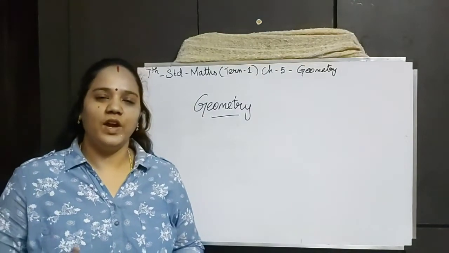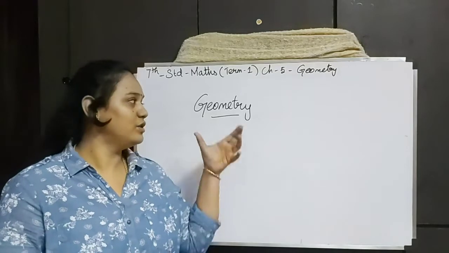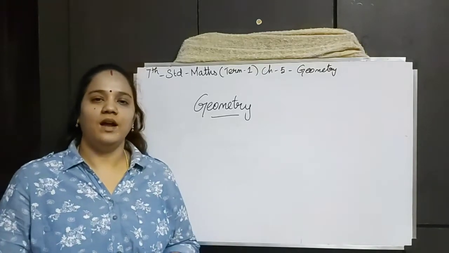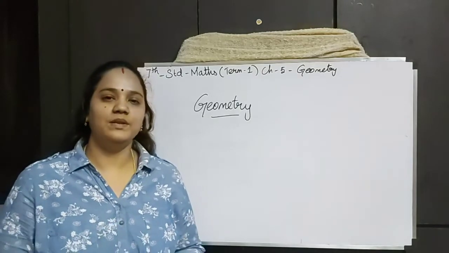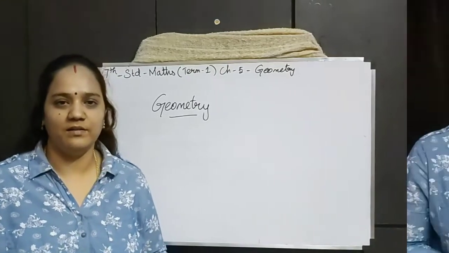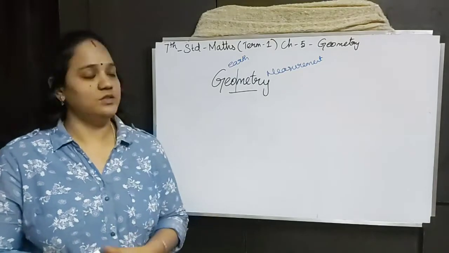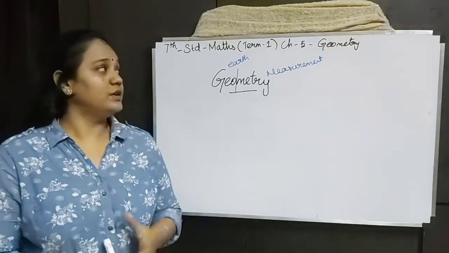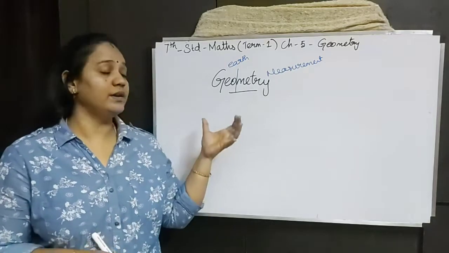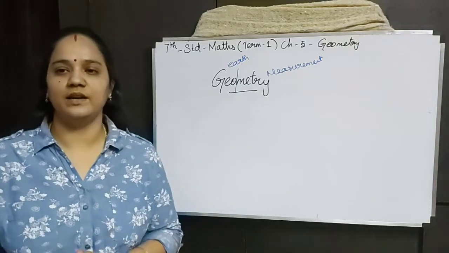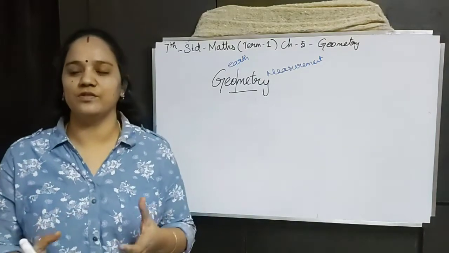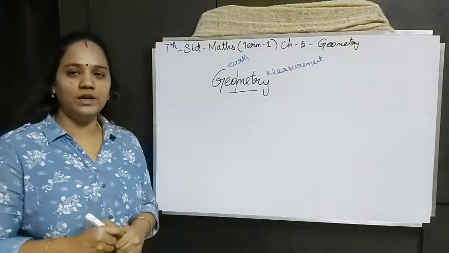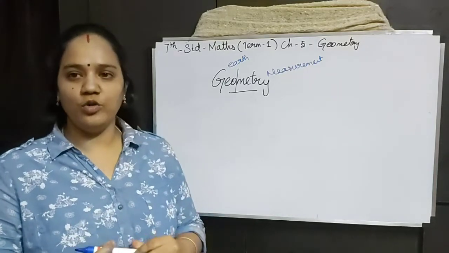In this video, we are going to learn the new chapter Geometry. We are going to see some of the new concepts and also suitable examples and exercise problems here. So, what is geometry? Geo means earth, metry means measurement. Earth's measurement. Geometry is the branch of mathematics that deals with the properties and relations of line, angle and so on. Now we are going to learn some of the concepts you have already learned.